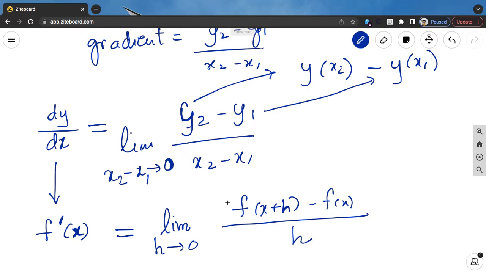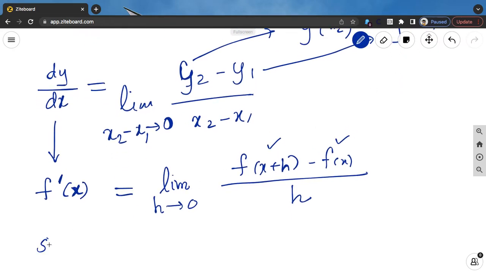So this formula is useful only when the 2 points x plus h and x are very, very close to each other. So in that limiting condition, my derivative, the other name for slope of the curve